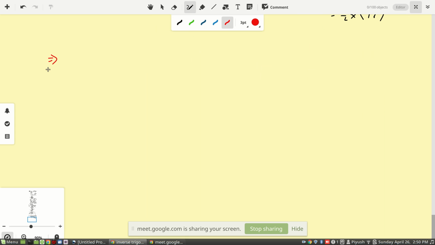So the next concept which we need to learn is two formats. One is sine inverse of sine theta, or sine of sine inverse x. Now whenever we combine sine and its inverse together, what happens? It negates the effect. Let me take one example, since I have taken it last time also.